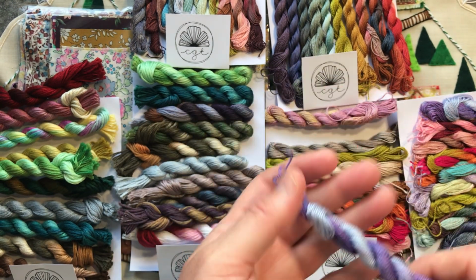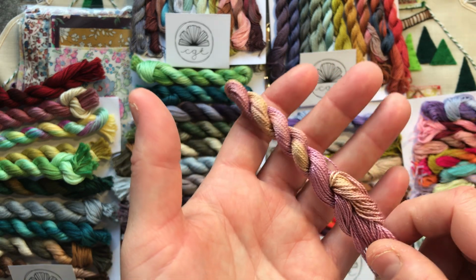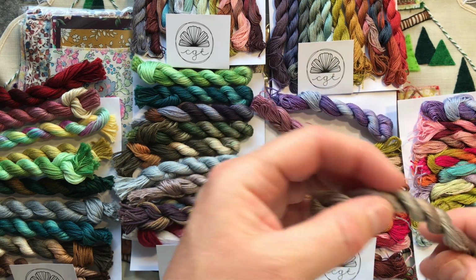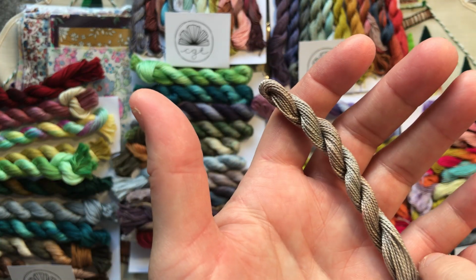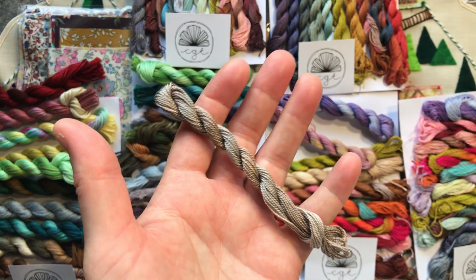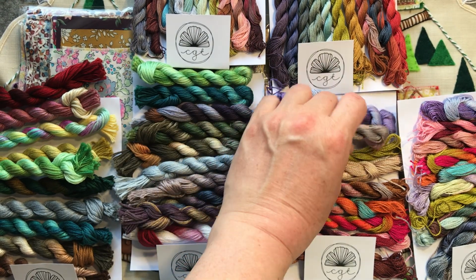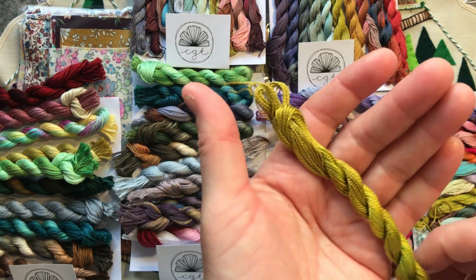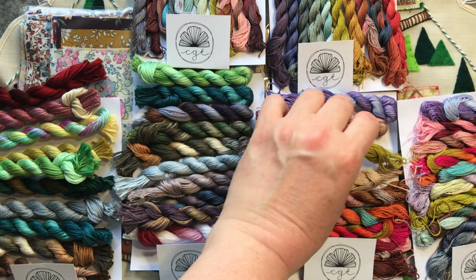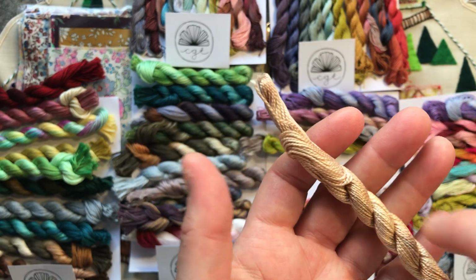Beautiful blues and purples, pinks and golds. Lovely grey, goldy, don't quite know, it's just got that sort of almost like a metallic look, it's just lovely. Beautiful greeny goldy colour. So you can see the green up there and then graduating a bit more into the greeny gold. Some lovely wheat coloured,